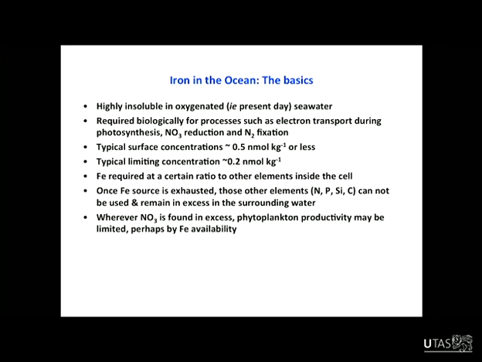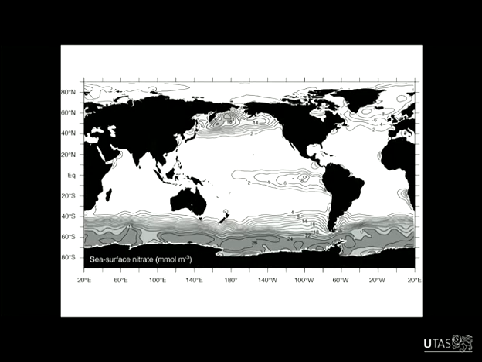So anywhere in the global ocean where we see extra nitrate or phosphate or silicate hanging around in the surface ocean, that's a clue that there's something limiting the phytoplankton's ability to carry out photosynthesis. And in many areas of the ocean, that limiting property is the concentration of iron. Okay, so this is a clue to the iron-limited areas of the ocean. We see in the North Pacific, to a lesser extent in the tropical Pacific, and all of the Southern Ocean, there's excess nitrate at the surface that's not being taken up by phytoplankton.